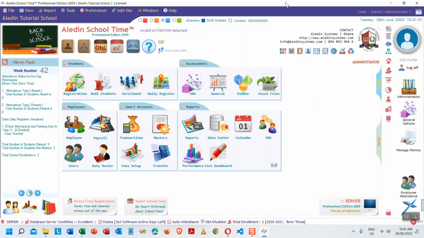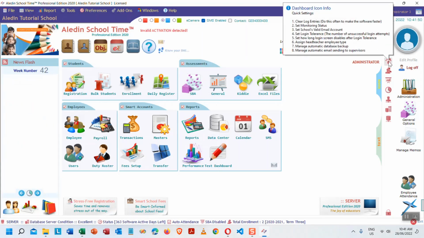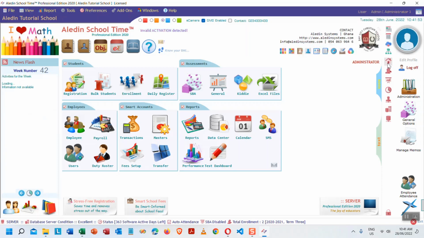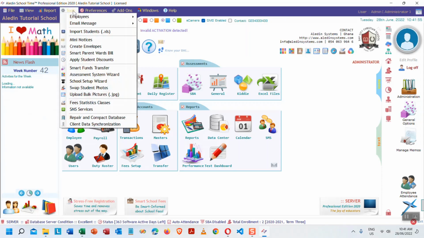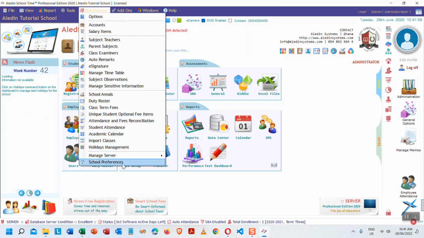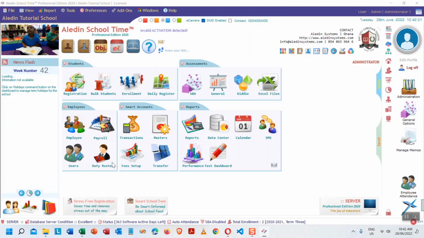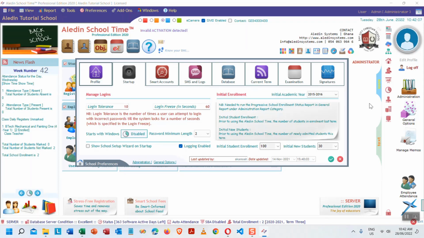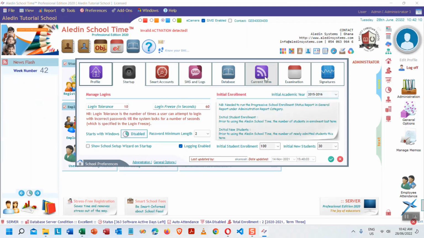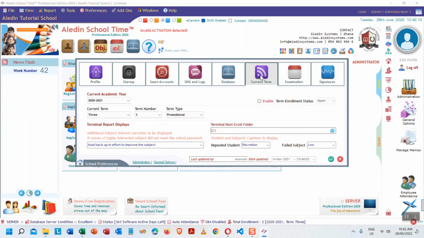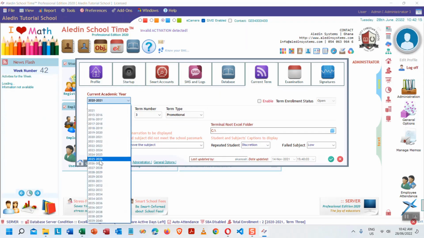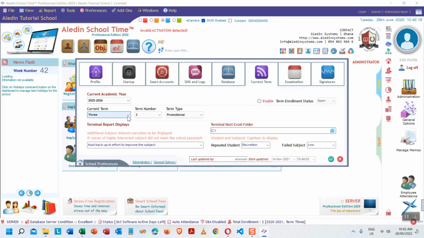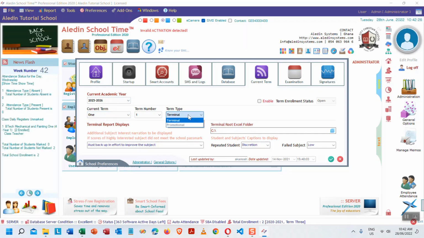So what we will do is that we go to quick settings. Quick settings, I think we'll also have it here somewhere, that is school preferences. You can use this or you can use this. And then we go to current term, and then we choose 2025 2026, then we choose term 1. Term 1 is terminal. The terminal here means that